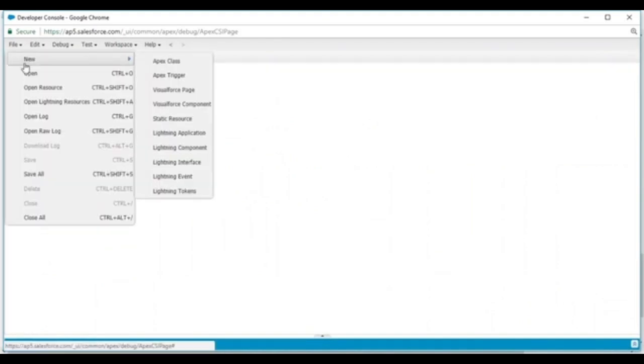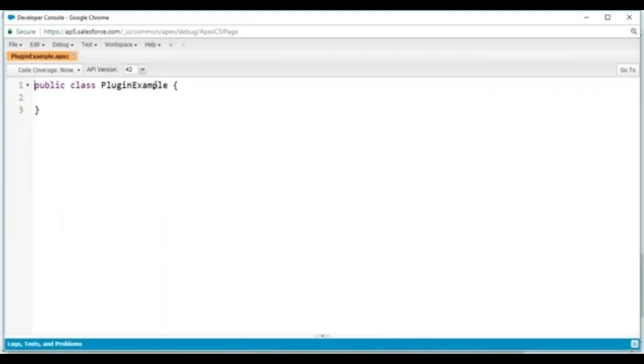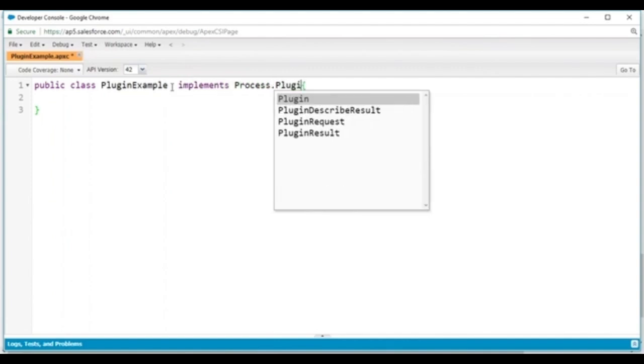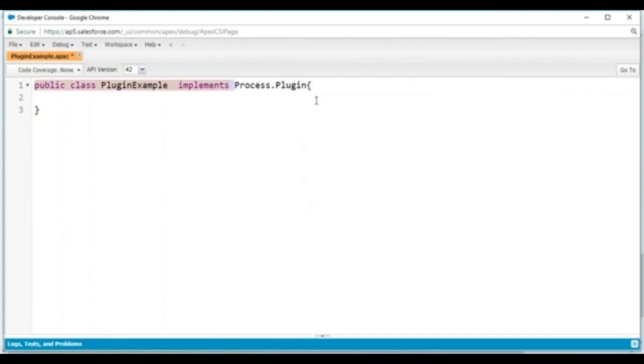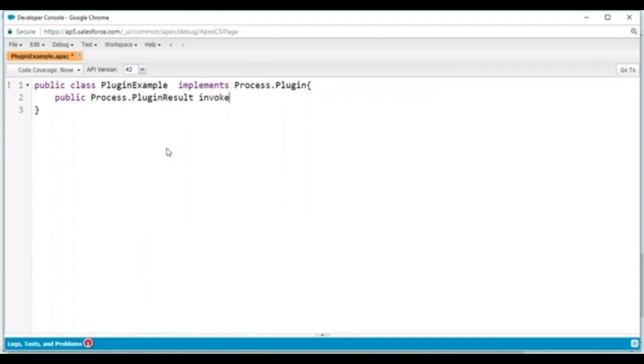Look at this. First, class has to implement what? Class has to implement an interface called process dot plugin. Then, if you are implementing this, what are the two methods we need to write? Process dot plugin result, invoke,